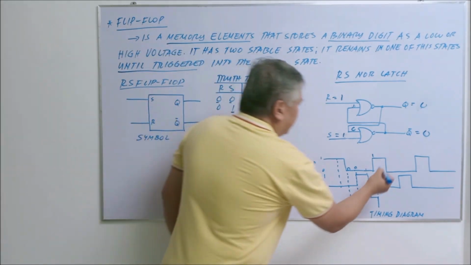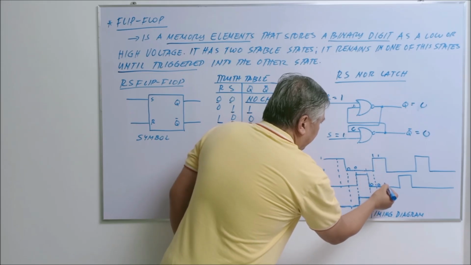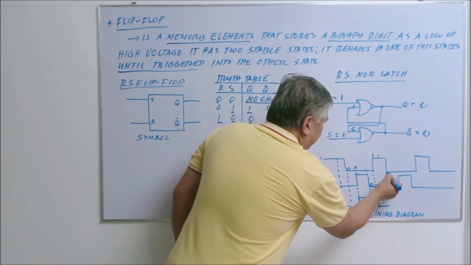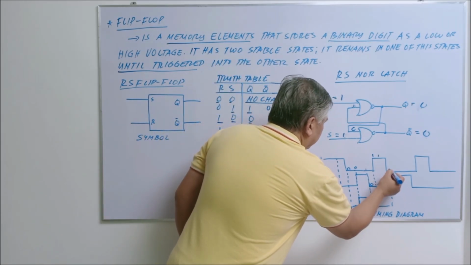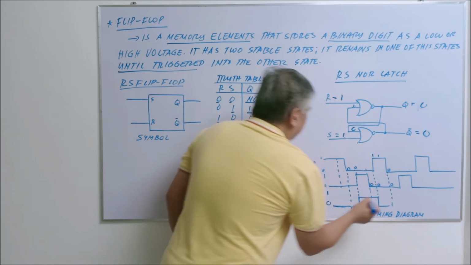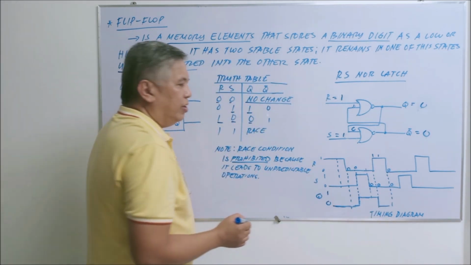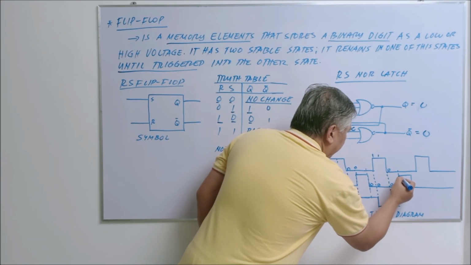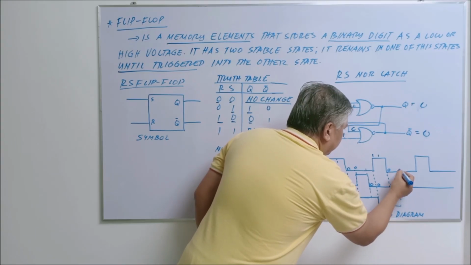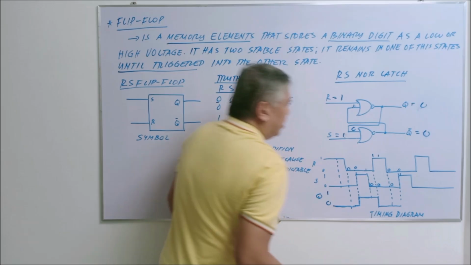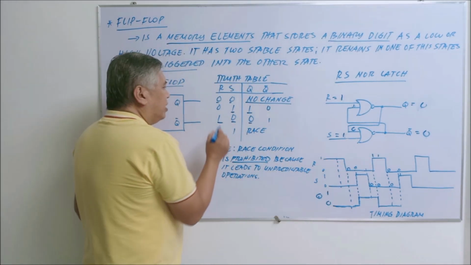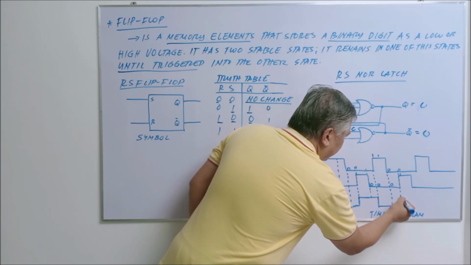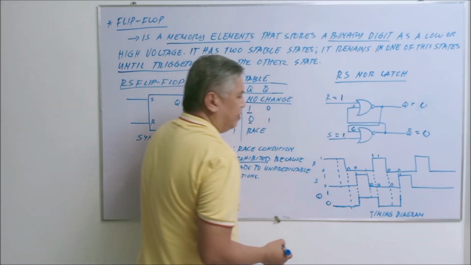Okay? Then, it is the same here. 1, 0. So, it will remain 0. And then, when it reaches this particular area, you have already R is 0 and S is 0, then you have again a no change condition. So whatever is the last value of your Q remains. Okay? Then it reaches this condition. You have R is 0 and S is 1. You have two different values for R and S. S implies Q. So, since S is equal to 1, then Q becomes 1.